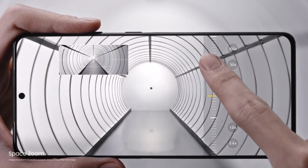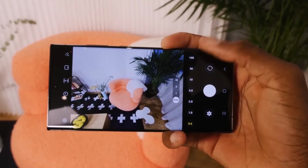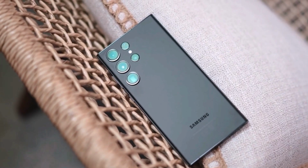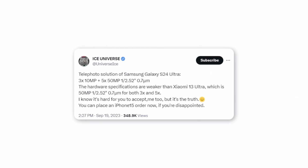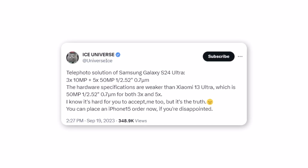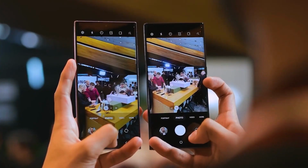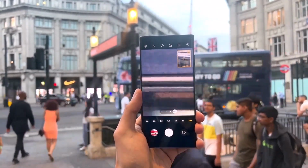past 3 years. The Galaxy S21 Ultra, Galaxy S22 Ultra, and the Galaxy S23 Ultra have a maximum of 10x optical zoom. However, Samsung might bring down that number, making its decision confusing. Tipster Ice Universe claims the Galaxy S24 Ultra features a 50-megapixel telephoto camera with 5x optical zoom. It also reportedly features a 10-megapixel telephoto camera with 3x optical zoom. If that is the case, we could see a downgrade from 10x optical zoom to 5x optical zoom on the